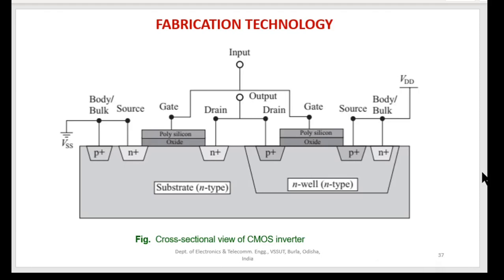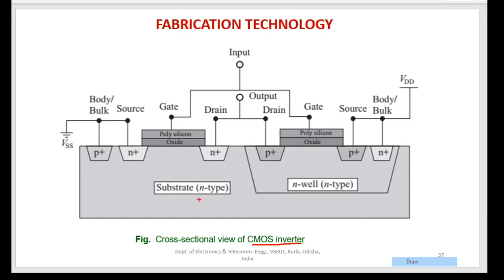Okay, so let's start with this topic, fabrication technology. This will show the different steps that are required to actually fabricate the chip. This diagram I have just shown here is to get a view of how a CMOS inverter would look after fabrication. You may not be understanding this at this time, but it is just to introduce it to you.